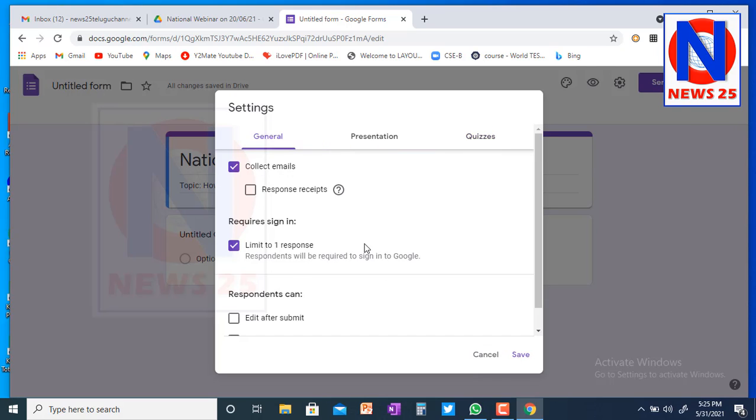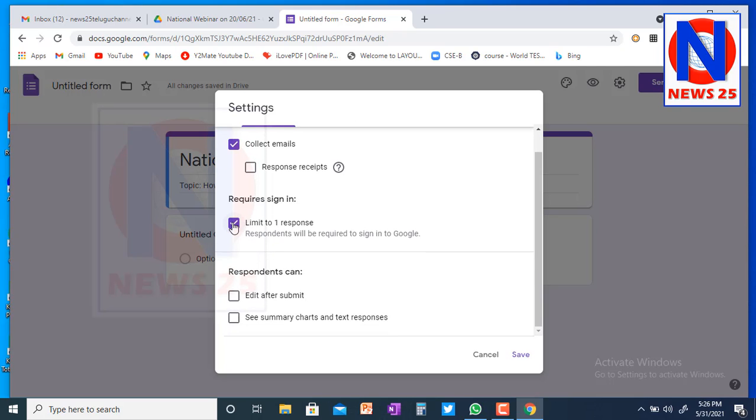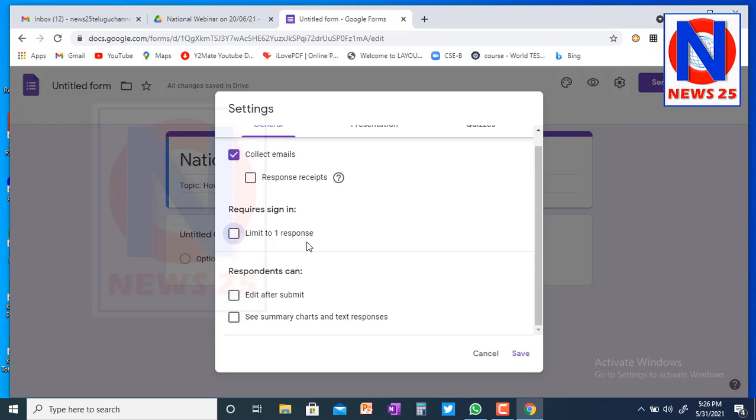So here, come back to the general area. Here I have clicked only limit to one response, right? Just for my demonstration purpose I am disabling it, because I have to give more participants' information so that I can send the certificate automatically to the participants.